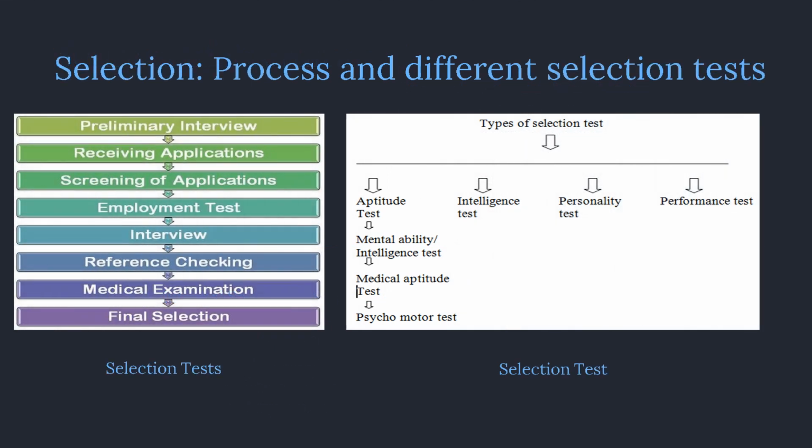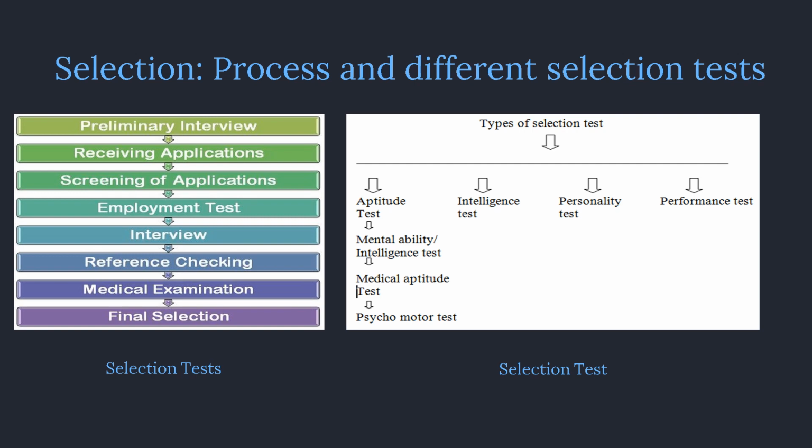Next is basically the selection. Once everything is done, you have created a pool of people for whatever sources you have, internal or external. Now you need to screen them out or select the best person for your organization. Now, the first one in the selection process, if you see the graph, is